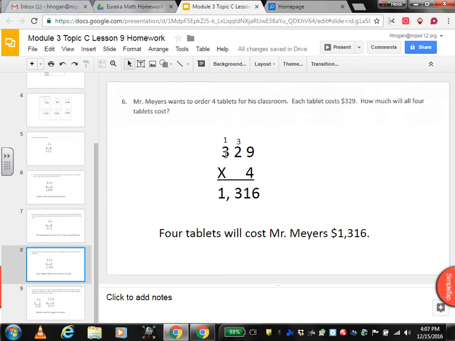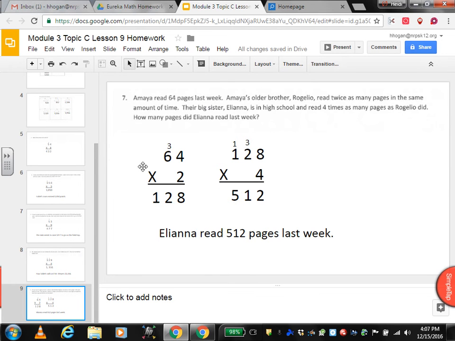So, 4 tablets. 9 times 4 is 36. We're going to regroup 3 times. 6. 4 times 2 is 8, 9, 10, 11. We can't have 11 here, so we regroup here, 11. 4 times 3 is 12, and 1 is 13. So 4 tablets will cost Mr. Myers $1,316. And our last word problem, obviously, it's the last one, and it gets a little more complicated, so